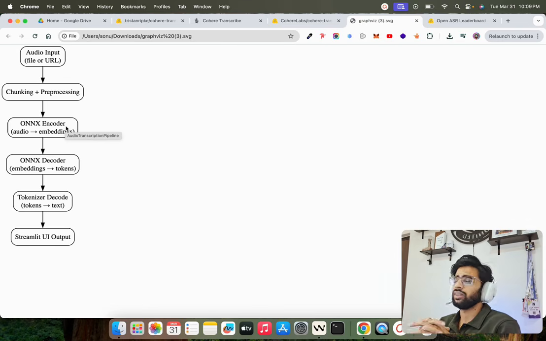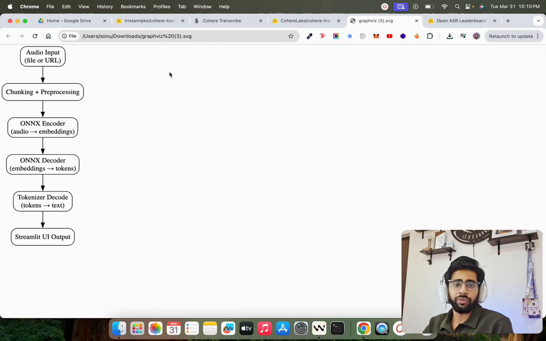Of course, you can call it the library itself for the Cohere ASR module, which is not available yet. So that's why we are using it. Okay. Now we download the model from the ONNX community via Hugging Face Hub, and then we use just the transformers AutoProcessor. I'll show you the code in a bit, and then we run the encoder-decoder